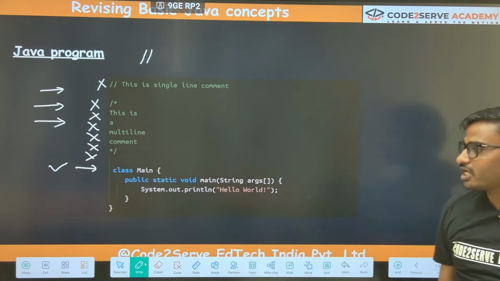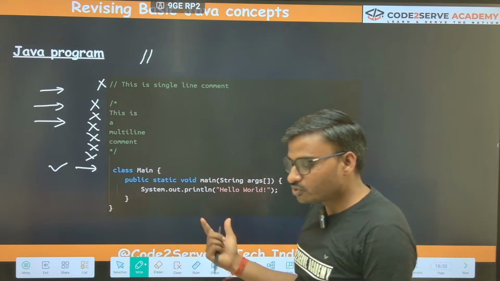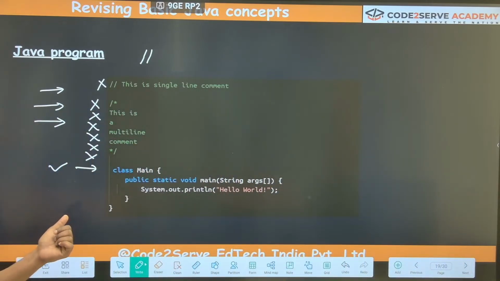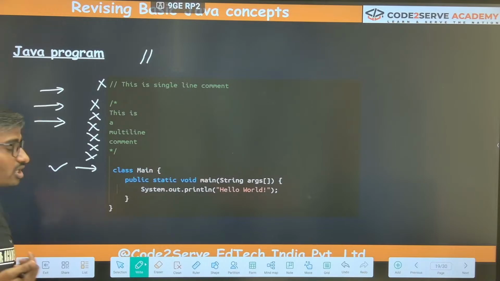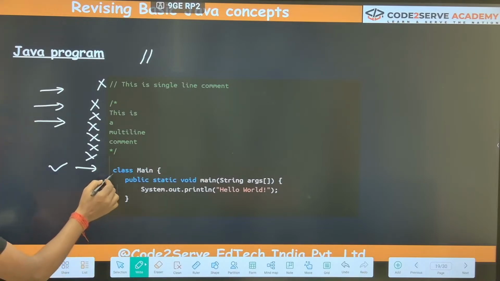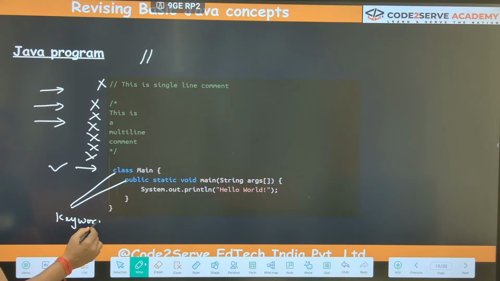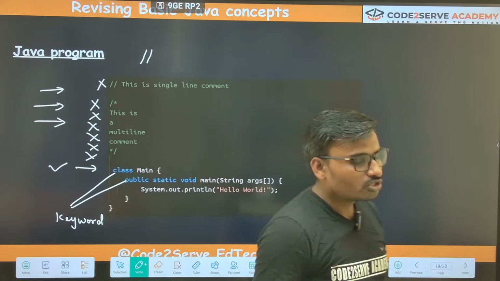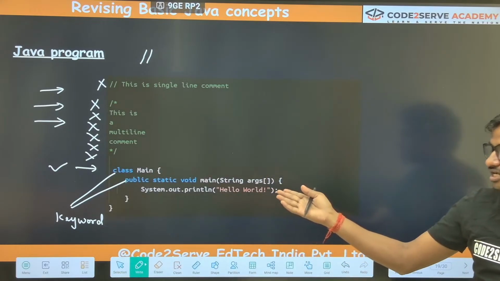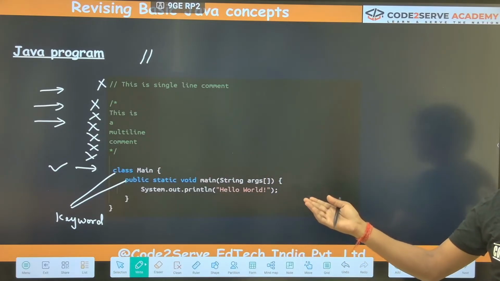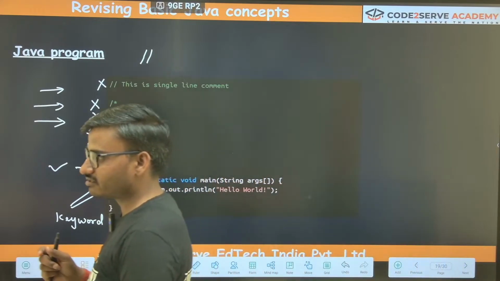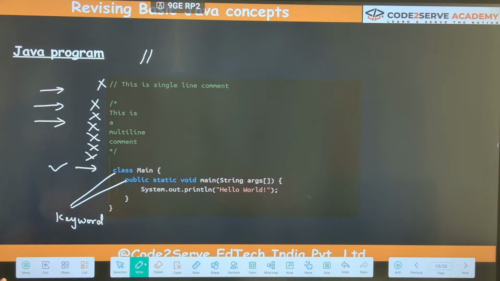Got my point? So here, when you see the syntax, you see different colors. Whatever you see in blue is basically a keyword. You might know n number of keywords. Mostly you see here class, public, static, void. You might already know the meaning and what they signify. Still, I'm trying to explain again.